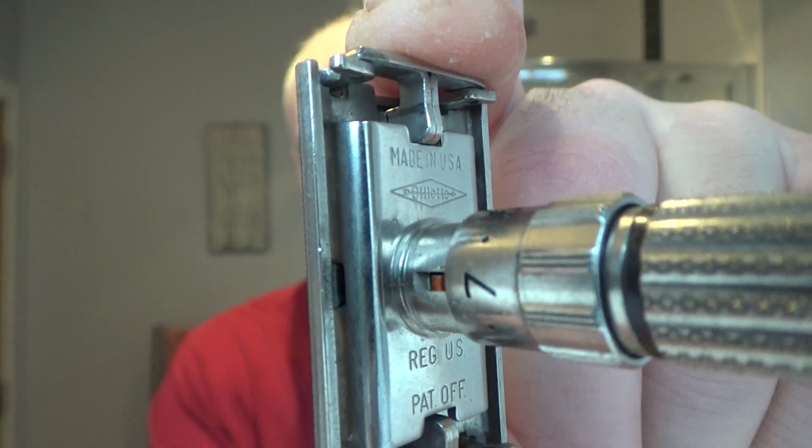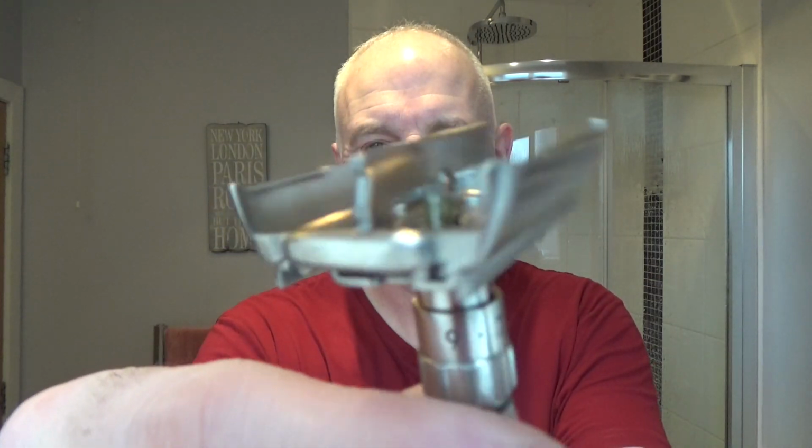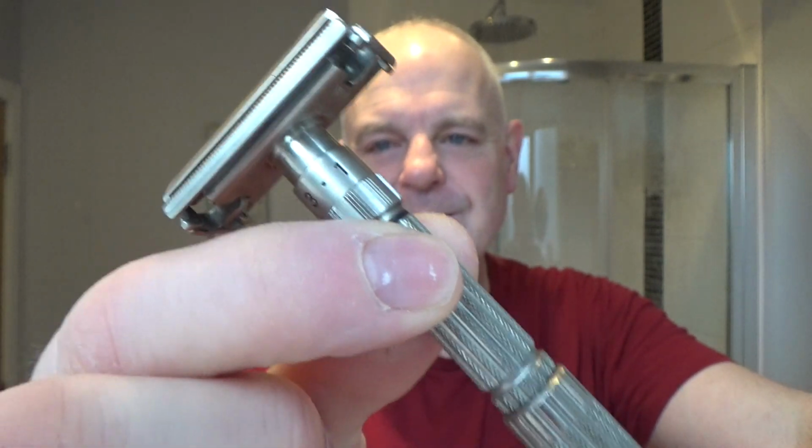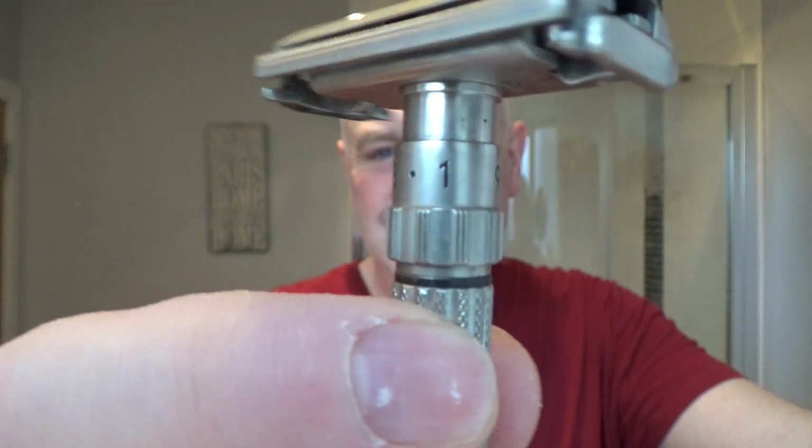D3 it says, which was the third quarter of 1958, so made between July, August and September 1958. It's a twist-to-open razor, 60-odd years old. Look at it, still in perfect working condition. Back then they made things built to last. An adjustable razor